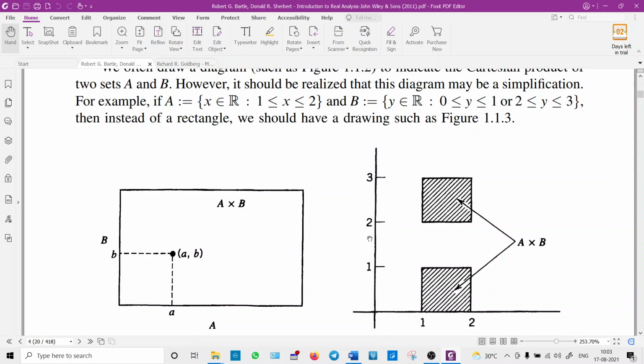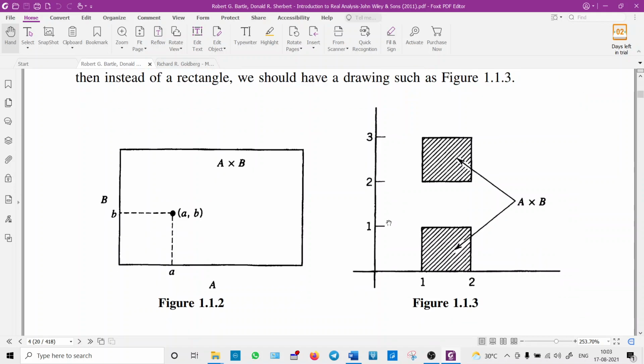So what is the intersection of these two, the Cartesian product of two sets A and B? You can see the intersection of this set and this set. So we get a rectangle like this. This shaded area contains all ordered pairs that belong to A cross B. This one also. You take any point in this, it will be an ordered pair. So this A cross B, the Cartesian product, is these two shaded regions.